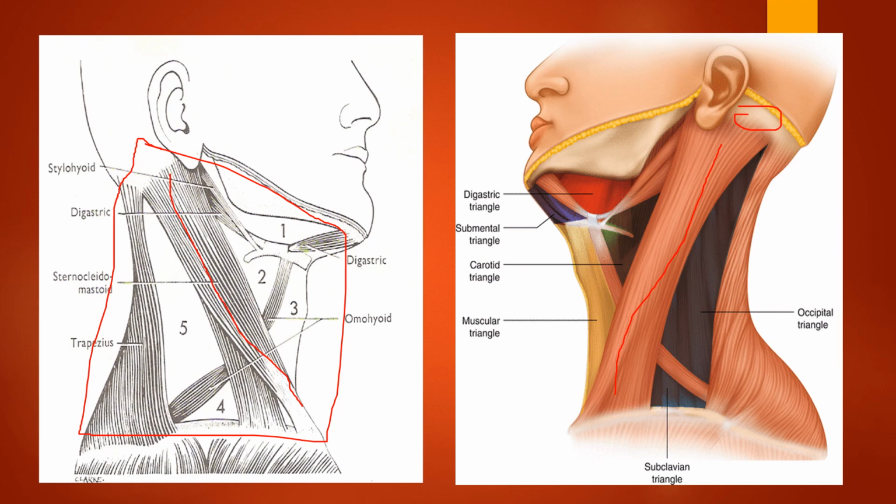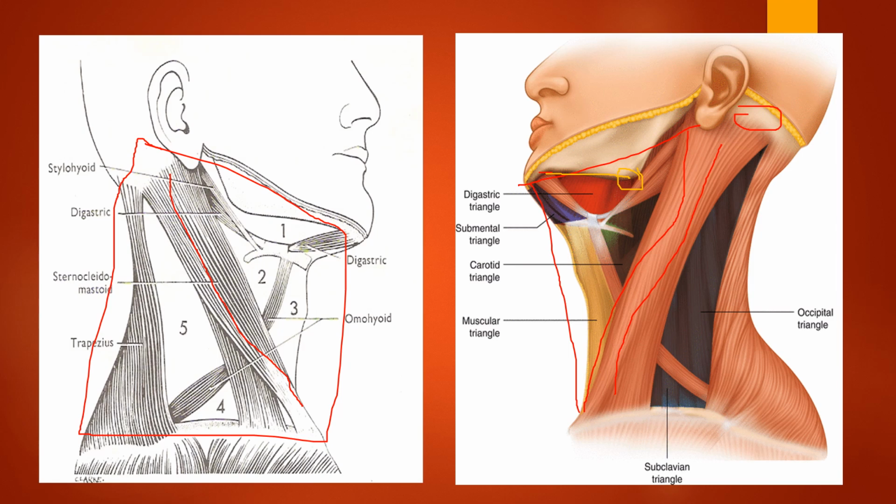So this muscle is going to divide the side of the neck into an anterior triangle and a posterior triangle. So coming to the anterior triangle, this is going to be the anterior triangle. It is bounded above by the base of mandible. I will show it in yellow color. So this is going to be the base of the mandible, and this is going to be the angle of the mandible.